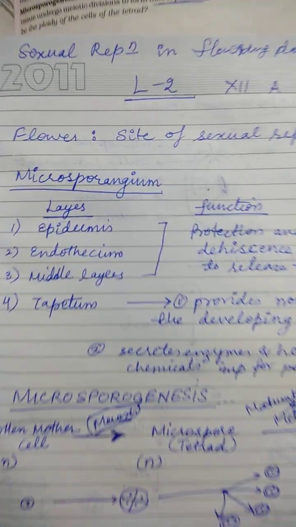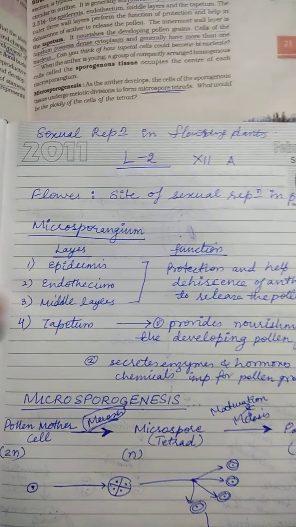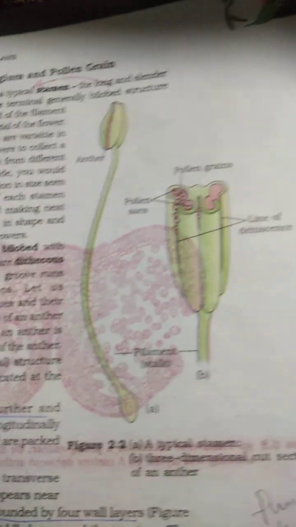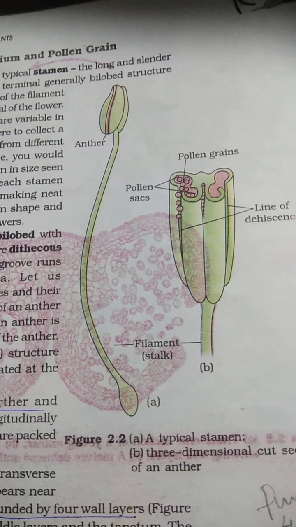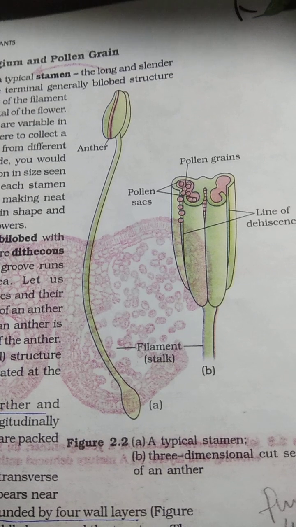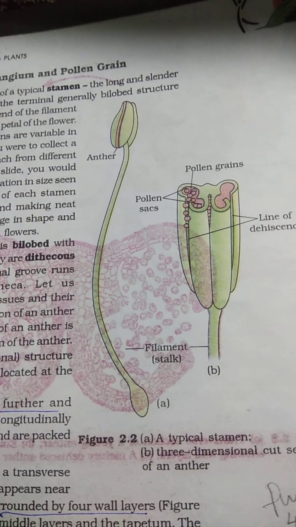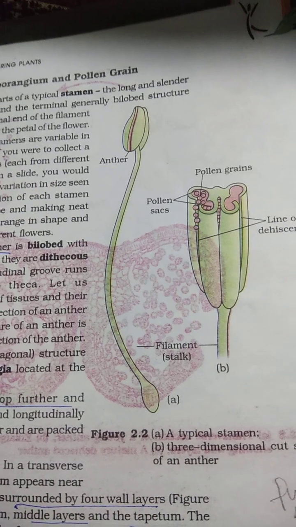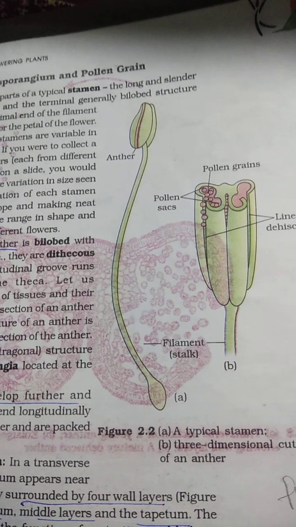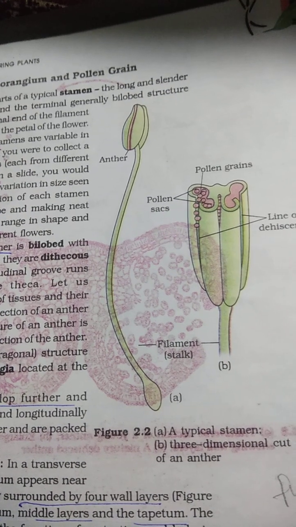Now we will see the male reproductive part, that is the stamen. A stamen has two main parts, filament and anther. The anther is the main part, which is bilobed, and each lobe has two theca. So there are a total of 4 thecae,